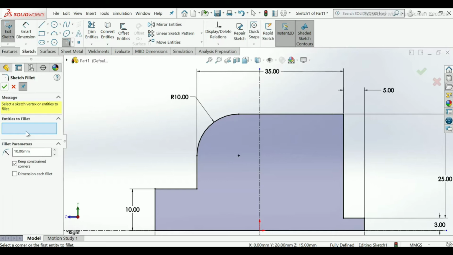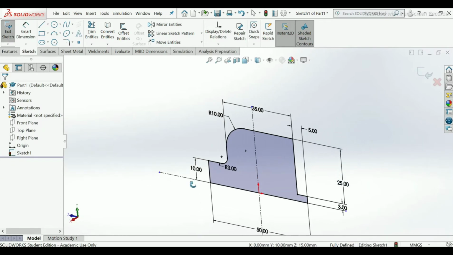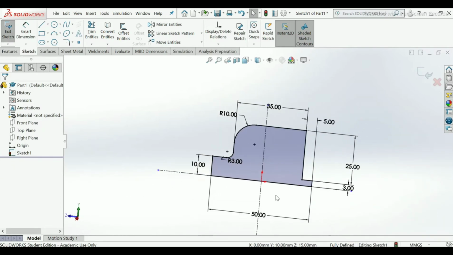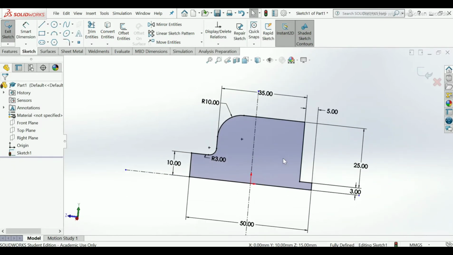Now again choose fillet, only the change is to take radius 3 mm, and use this corner point, apply, okay. Now our sketch is fully complete, so exit it.